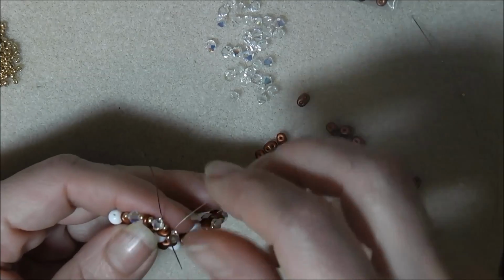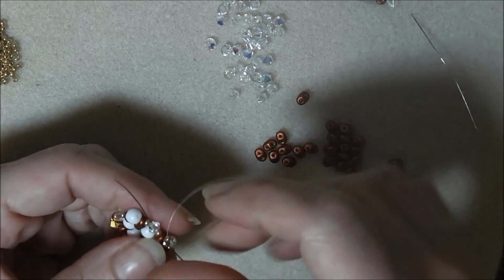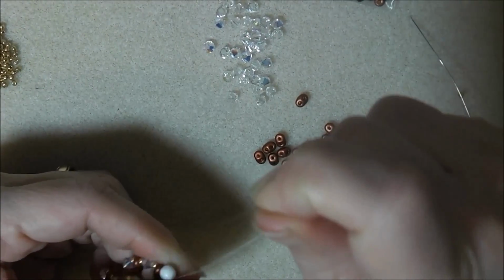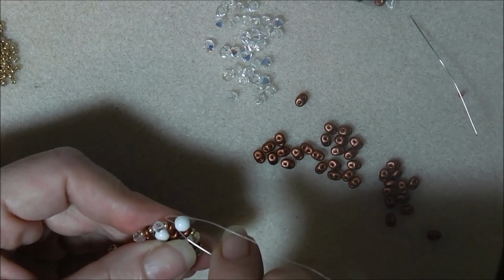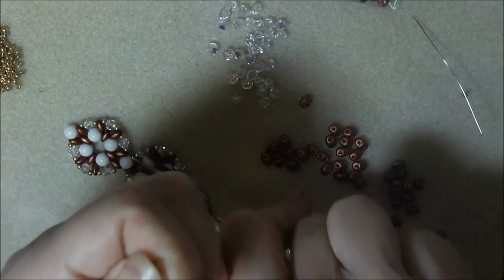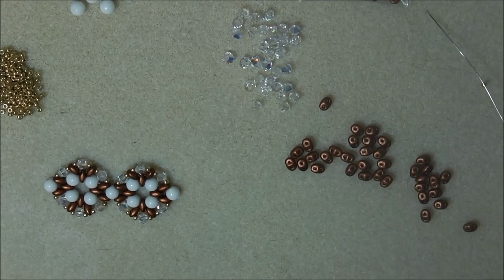I'm just going to go back up to the Rounduo again and put another knot in there, because when we embellish it we won't be going through the Rounduos again, so it's quite a good place to put your knots. So I know I've got a knot there previously, but that's not a problem. And then just work your thread away, and then cut your tail off. So that's your basics. So just keep doing this until you have 6 components, and then come back to me and I'll show you how we're going to attach the clasps and your embellishments